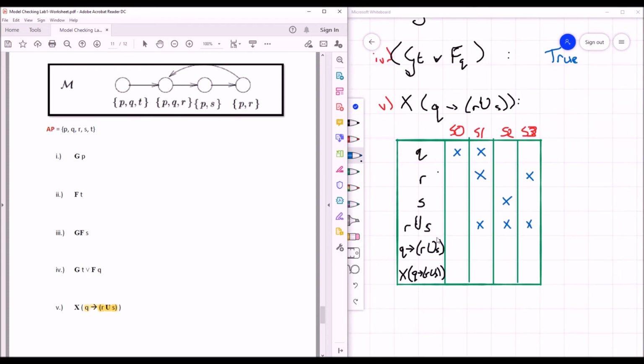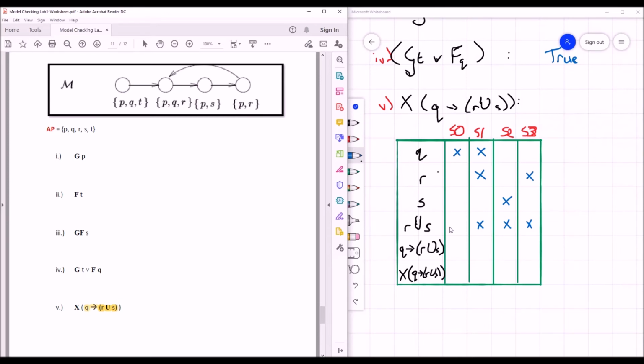So if Q is true, it implies that "or until S" is true, and when Q is false, then it doesn't matter what "or until S" is, it's going to be true anyway. However, if Q is true and "or until S" is false, then this does not hold. So essentially, in state 0, if Q is true in state 0,